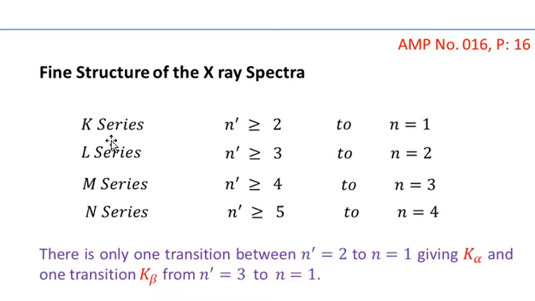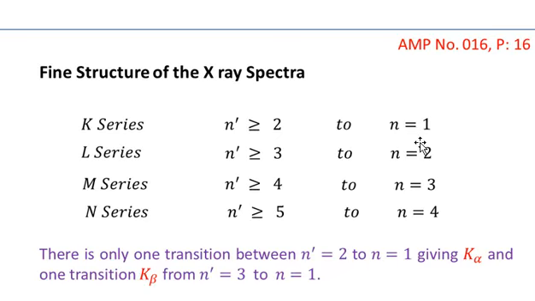For N series, the base level is n is equal to 4. So let's talk about K series. The base level is n is equal to 1, and all the higher states are represented by the quantum number n prime. So n prime should be at least greater than or equal to 2. For the K series, the transitions will take place from n prime equal to 2 to n is equal to 1, giving you K alpha. And n prime is equal to 3 to n is equal to 1 will give you K beta. Similarly, the transition from n prime is equal to 4 to n is equal to 1 will give you K